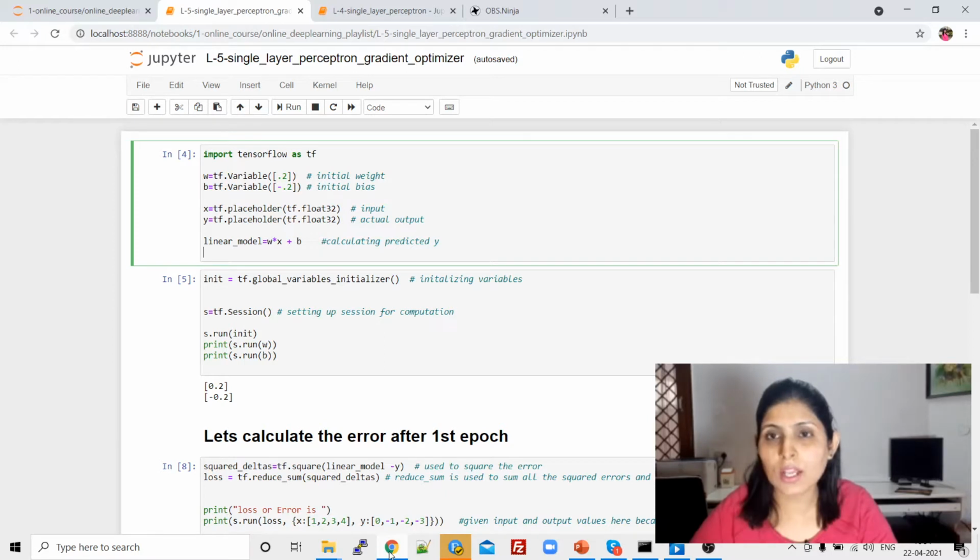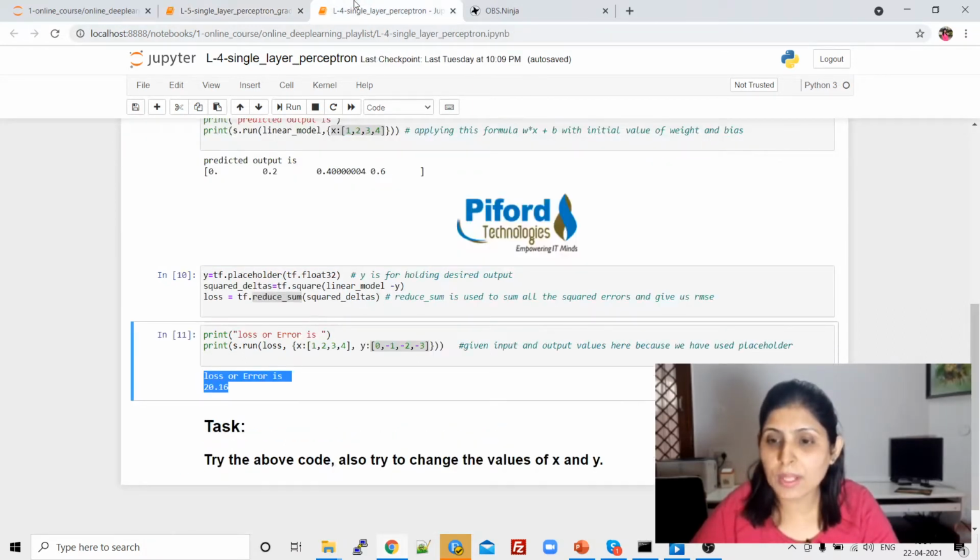Today I'll show you the implementation of perceptron. We'll see how to use an optimizer in code, how to choose a learning rate, and how to improve our model results, right? If you are familiar, in my last class I told you that we are getting this RMSE when we write code for perceptron. So our task today is to reduce this RMSE in order to improve our model's performance. For that I'll be using an optimizer and a learning rate, and I'll show you each and every functionality today.